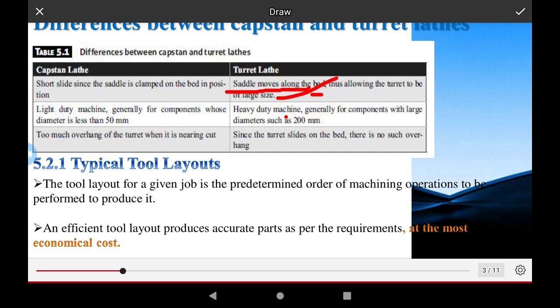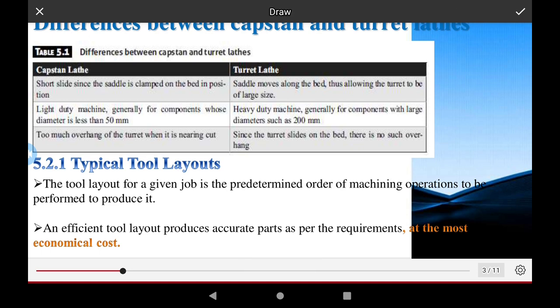Okay, and it is for components with large diameters. Suppose this machine performs work from 50 mm to say 200 mm. Okay, all the large diameter work is performed on this machine. Okay, these machines are very suitable for manufacturing operations, and the capstan length is the point, since there is too much overhanging of the